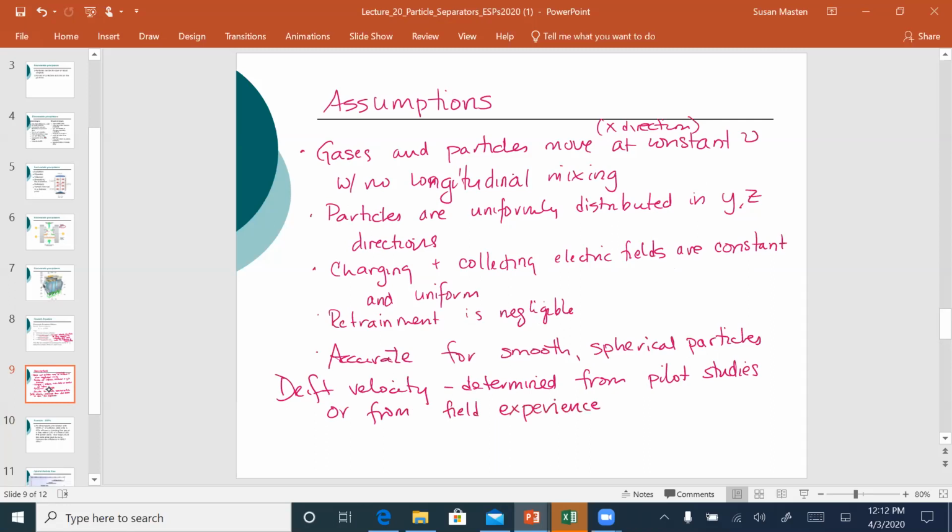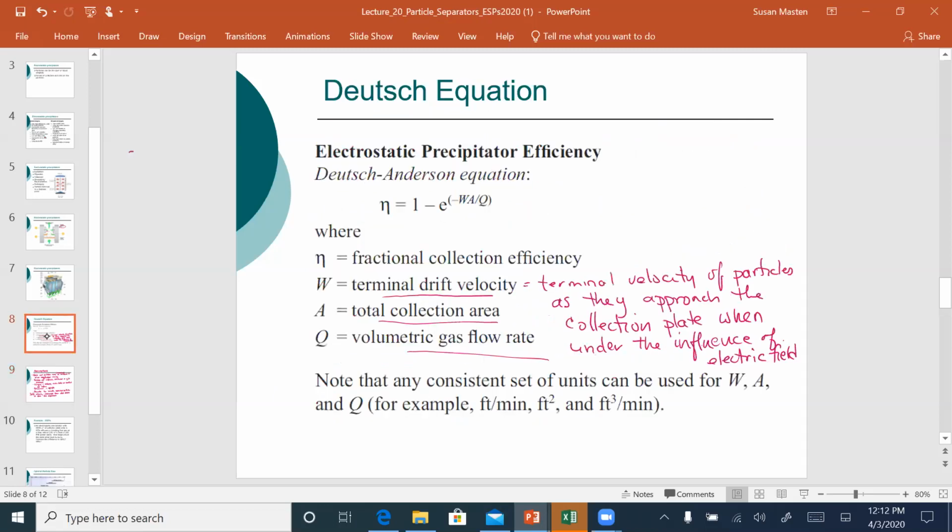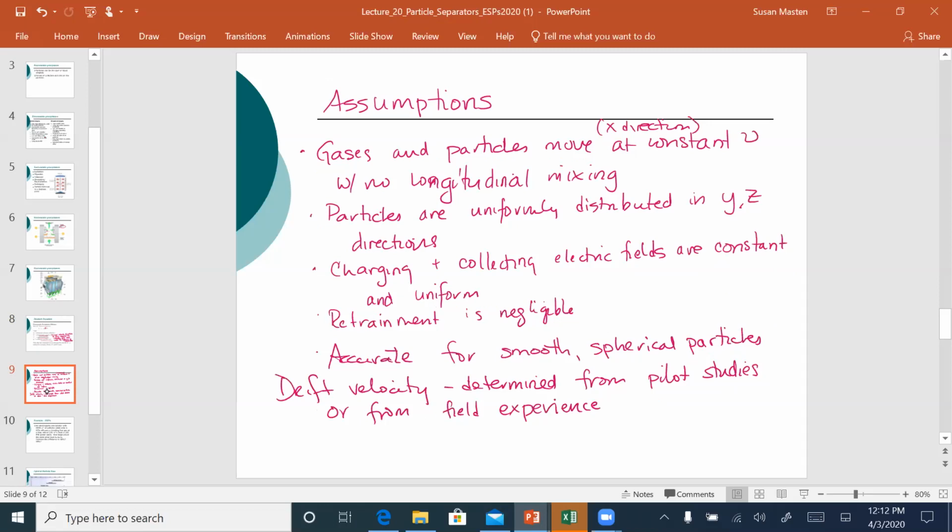So there's no good a priori way of actually determining this terminal velocity that we use here. We rely on either pilot studies with the material to be treated and removed, or from field operations from similar